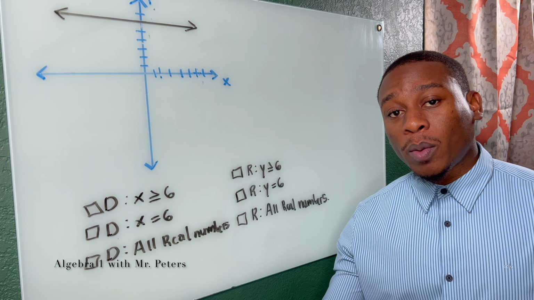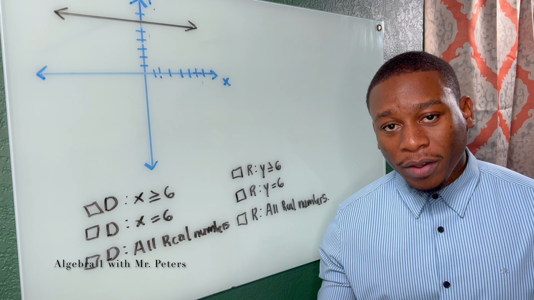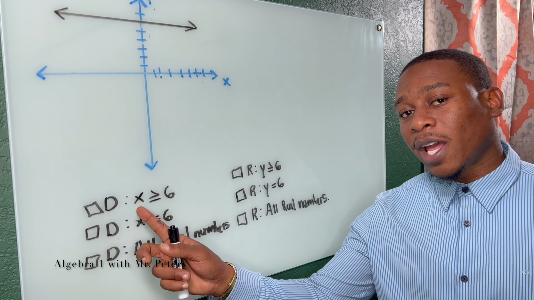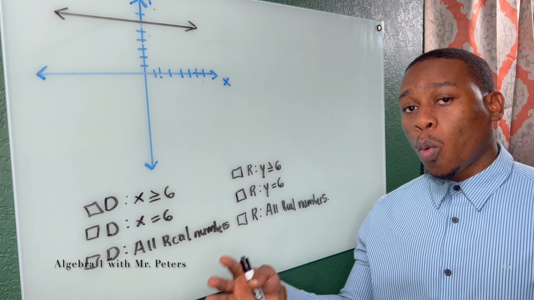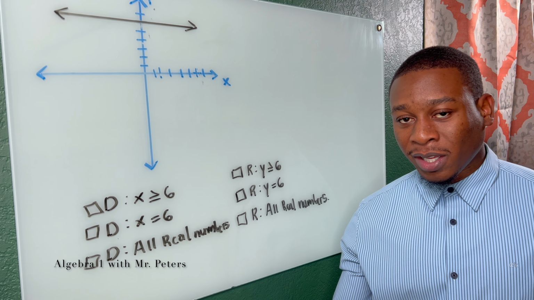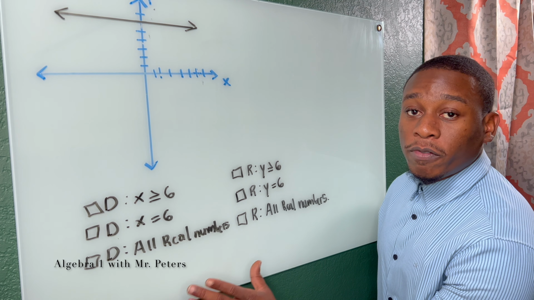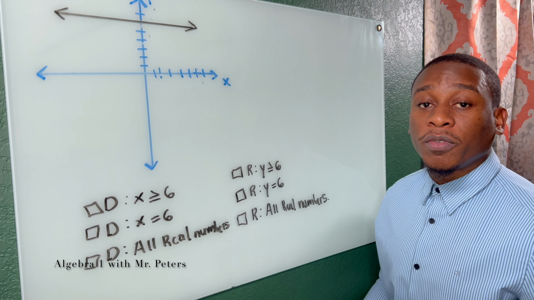When we're answering a problem like this, guys, there's something that we have to understand. And that is domain refers to the x variable on the x-axis. Range refers to the y variable and the y-axis. This problem they didn't include it, but typically they'll switch the variables around to see if you know which variable